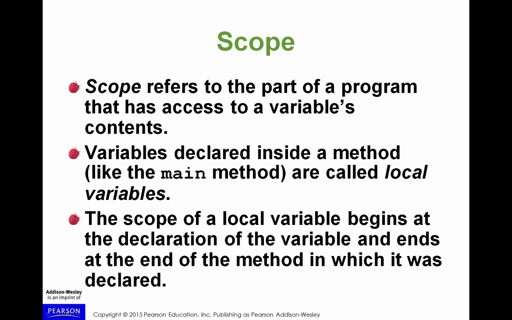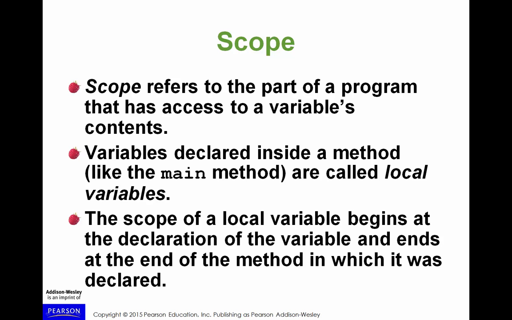So starting with the idea of scope here, and as the slide says, scope talks about the parts of your program where variables essentially exist. Okay, so they're the part of the program that has access to your variable's contents. So what does that mean exactly? It means that even when you create a variable in your program, it only can be used for certain parts